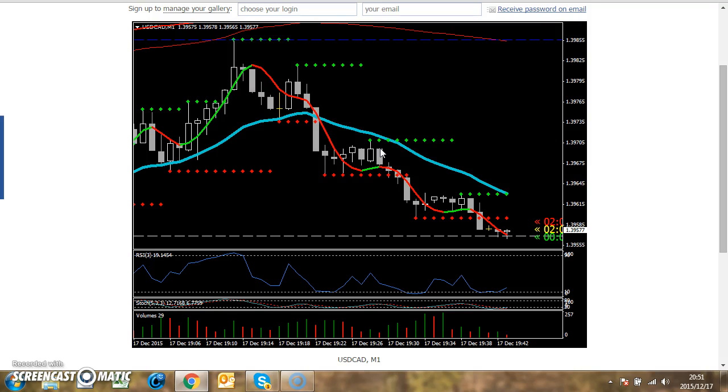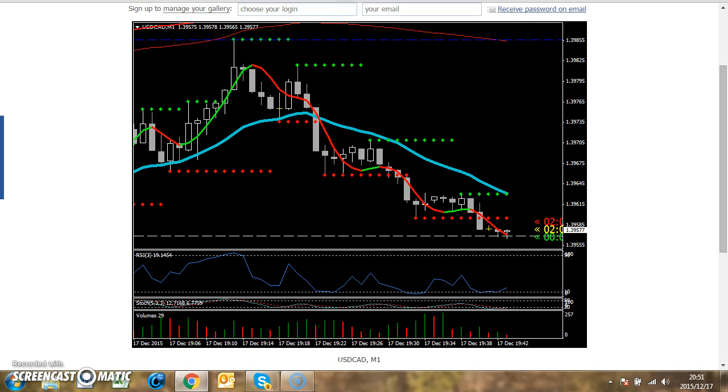We need three. Now if you look at this bar, we see this bar went lower than the low of this bar. So this is our second bar, and we also see it doesn't touch the moving average. So we have now two bars which qualify. We need three. If you look at this bar, we see this bar doesn't touch the moving average and it has a lower point than this one. So we need three. There's one, here are two, here are three. So this tells me this price qualifies for a downtrend. So it must first qualify. This is the first thing I want to teach you guys. Then I will show you guys how to trade it. So these are the rules.